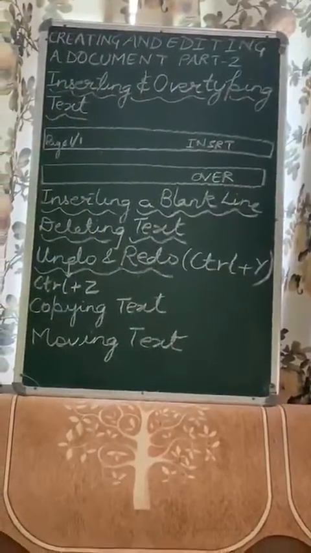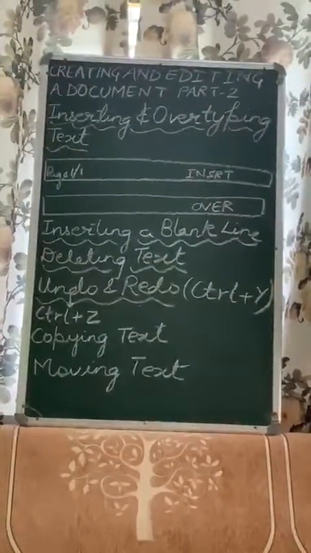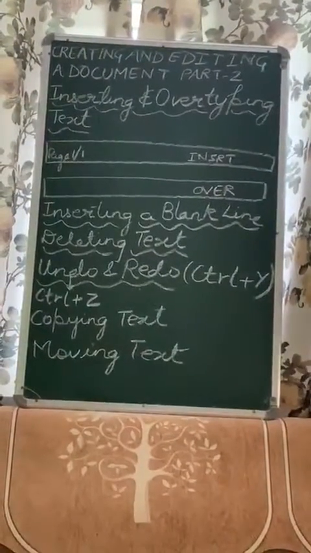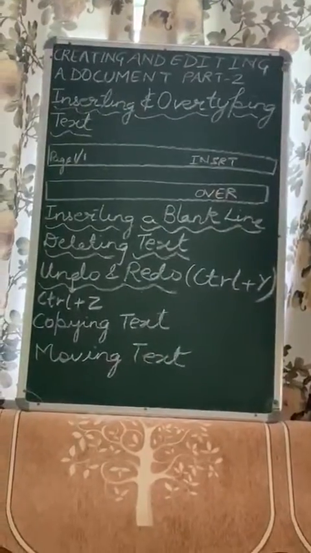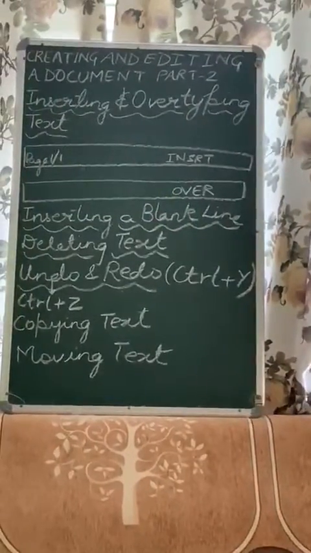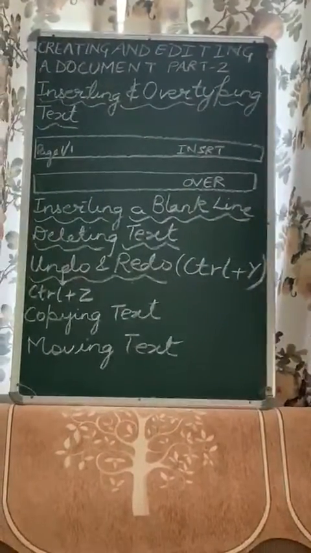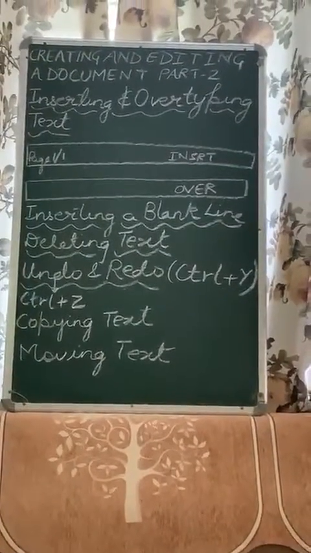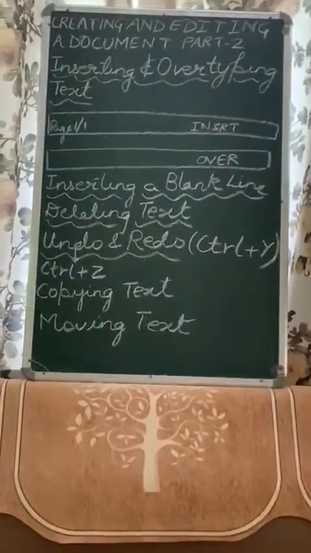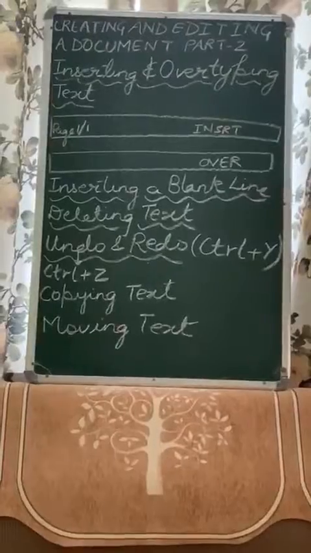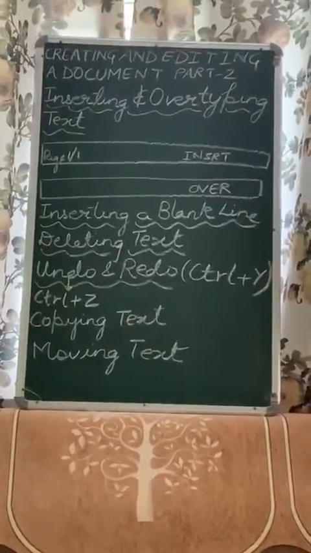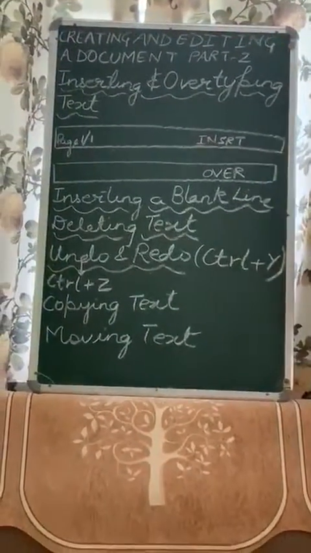The shortcut key for undoing is Ctrl+Z. Now in order to redo, that means you want to reverse the last undo that you have done, you can click on the redo option from the Edit menu, or click on the redo button on the standard toolbar. Here one thing you have to remember: as long as there is nothing to redo, the redo command will show up as a repeat command. The function of the repeat command is to just repeat the last thing. Obviously, if there is nothing undone, it cannot be redone, so instead you will find a repeat command.